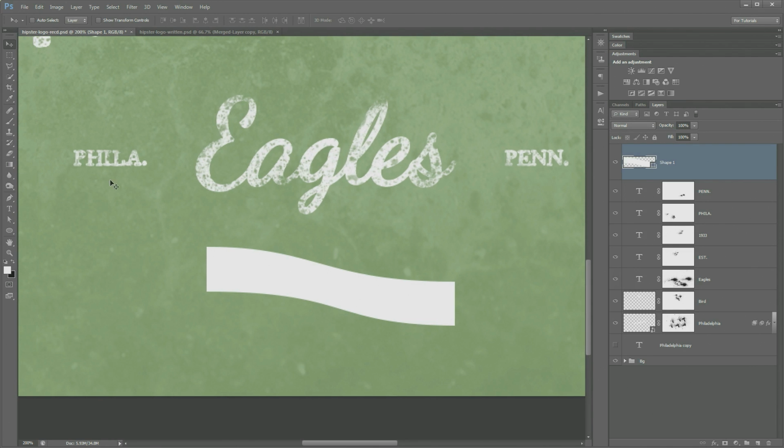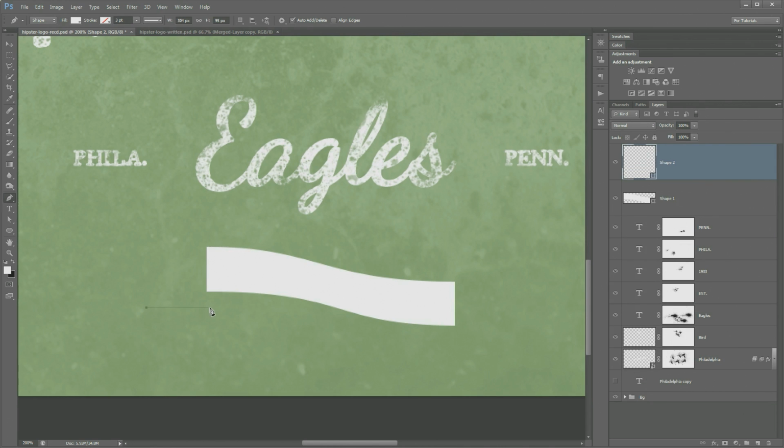Alright, so now that we've done that, we're ready to go ahead and create the little tails that go onto the ribbon. So grab the pen tool again, and we're going to click, it's just a couple anchor points we need to place. We're going to go one, I'm holding down my Shift key, placing a second, placing a third, placing a fourth, and then I'm going to do a nice deep groove here, for every ribbon has the little cutout on the end, right? So now that I've done that, I can move this into place just like that,